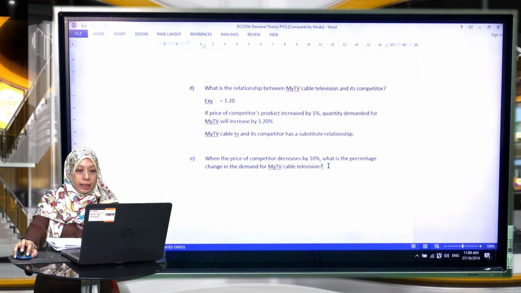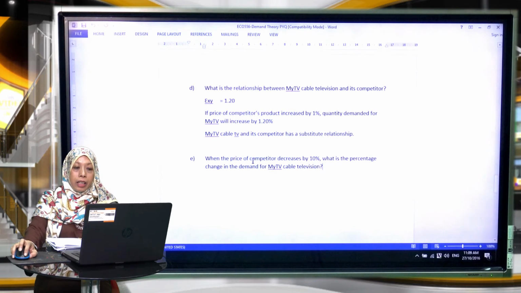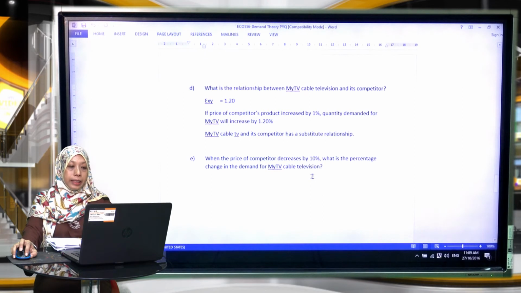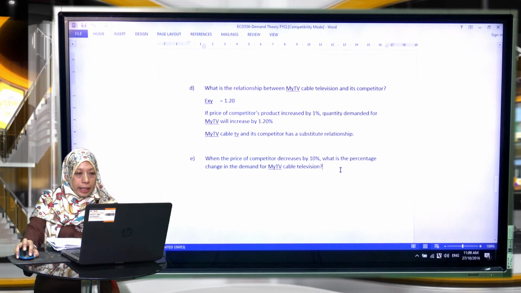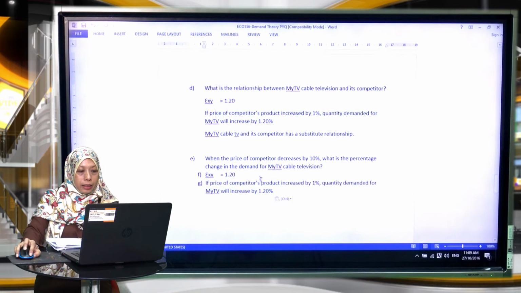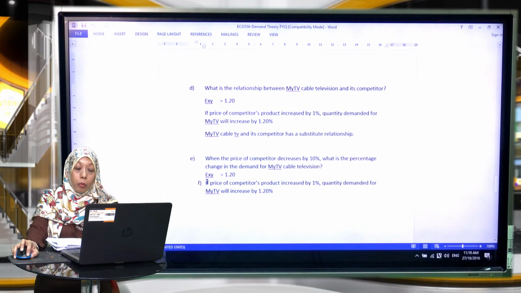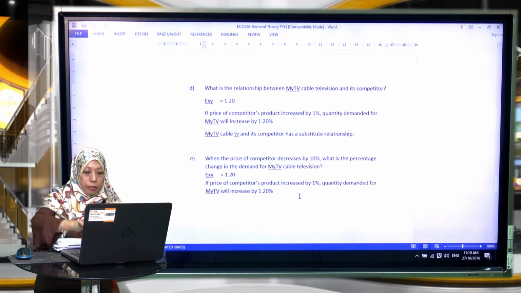Okay, so when you want to see the impact of a decrease in price, if you want to see what is the impact of a 10% reduction in price of the competitor on the demand for your product, again you need to refer to your cross price elasticity of demand. Looking at the cross price elasticity of demand just now, you have already established that a 1% increase in competitors' price will cause your demand to increase by 1.2%. So if competitors